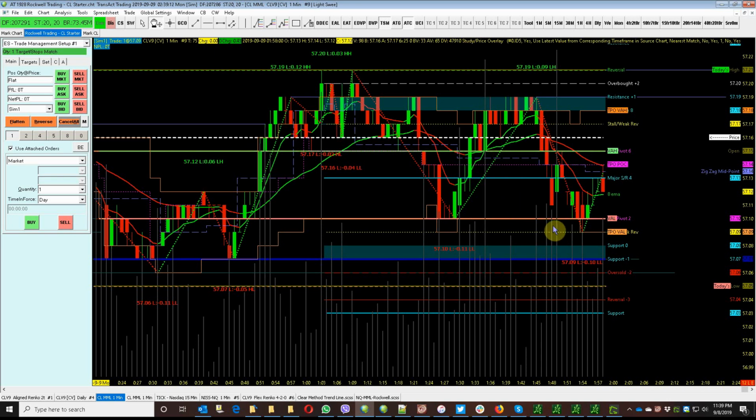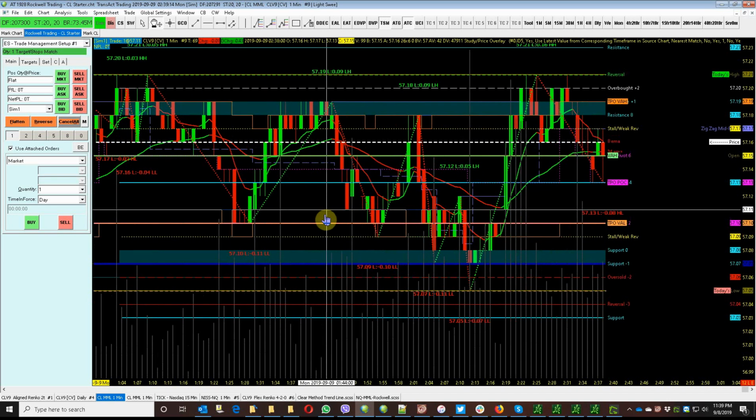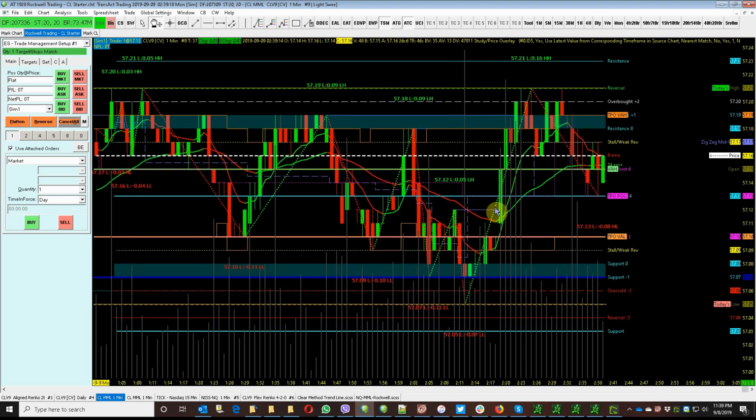So if we look at that and think about it in terms of volume price analysis, what does that tell us? It tells us that there's not a whole lot of interest in selling, because the volume drops off. You can see this right here. What's happening is the market makers are looking at that and saying, well, that's fine, let's take a little bit of profit when it comes down here. But once it comes back down to what we would consider to be a support level down here somewhere, let's say 57.05,